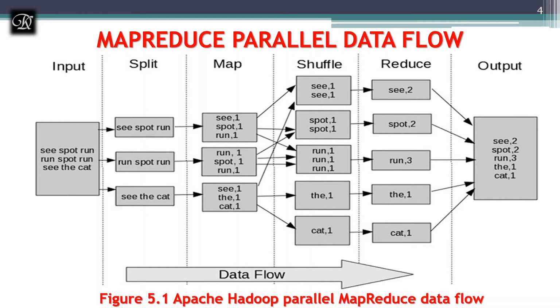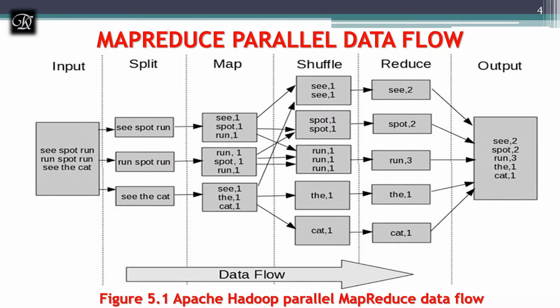As I told initially, the minimum configuration if you are going for a fully distributed model is 3 data nodes and 1 name node. So considering 3 data nodes, I am going to split it into 3 blocks, where each line goes into one of the 3 blocks. Next, I will map it to each data node.